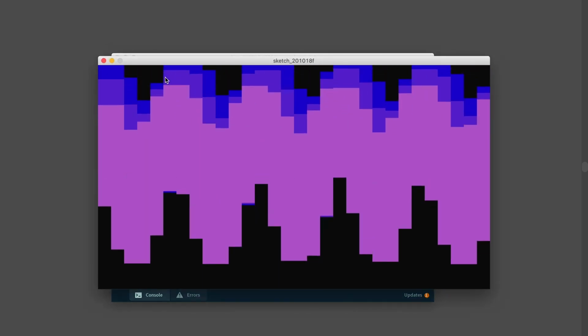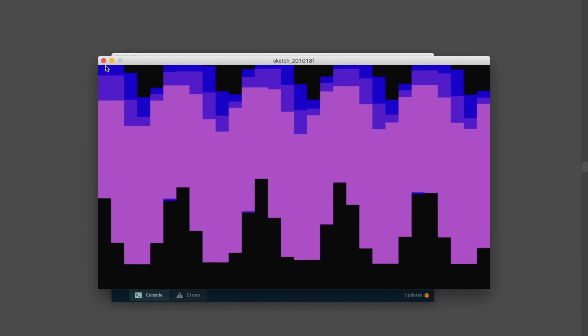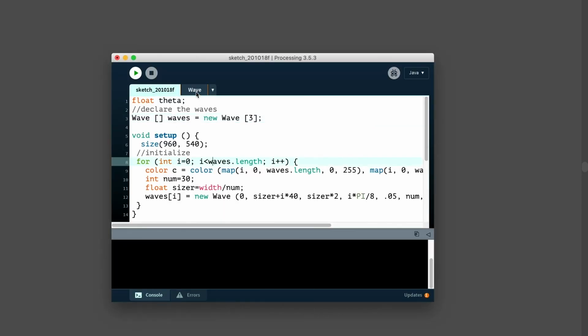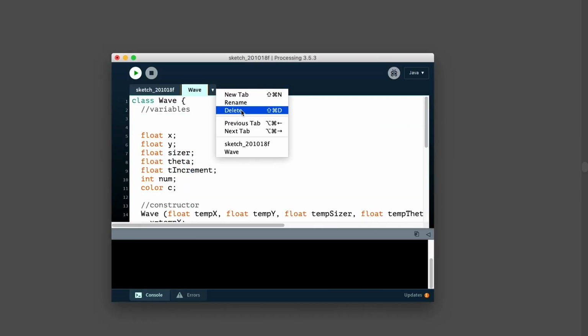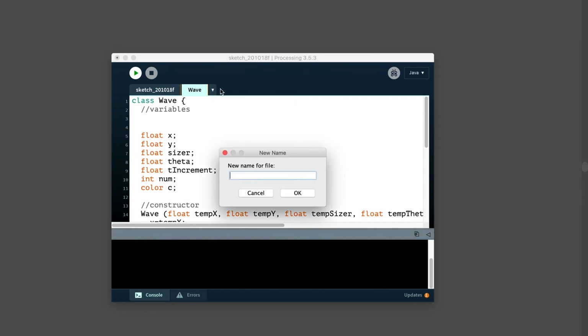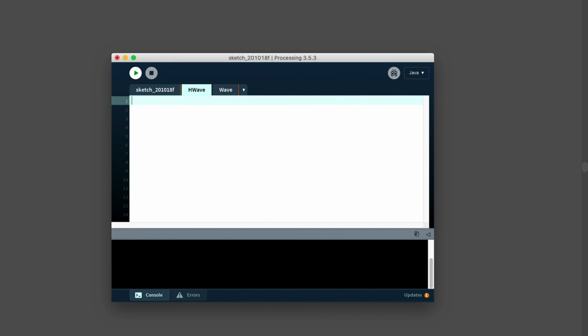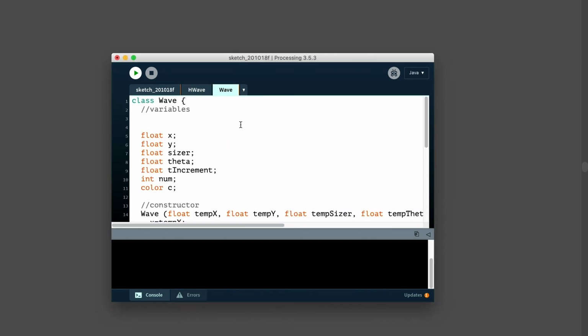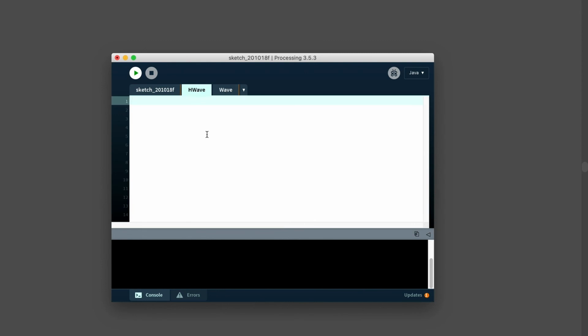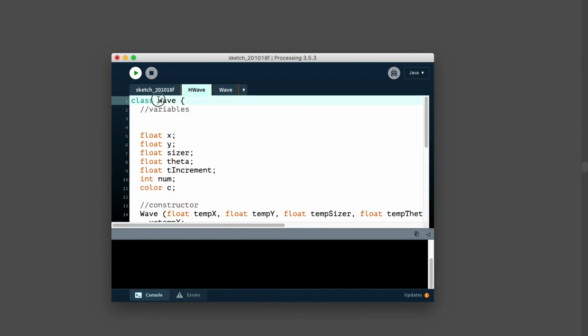Okay. So we're going to take this idea, and let's make another class that we'll call H-wave. So this will be like the horizontal version of that, and luckily, I think we can copy and paste most of this and just change some things, which will save a lot of time. Okay, so we're going to call this H-wave right here.